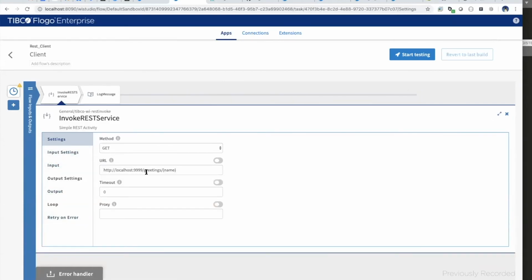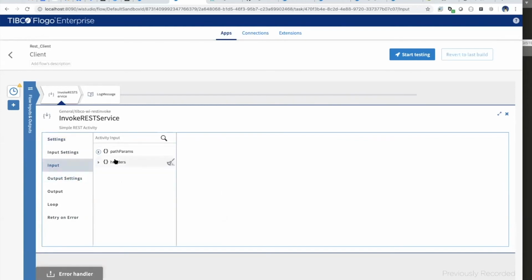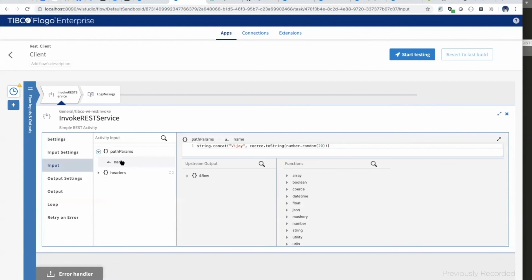As you could see, it is calling the given service with a path parameter. In the path parameter, I'm creating a unique name for every execution by using the random function. It creates a random number between 1 to 20 and appends it to the name widget.